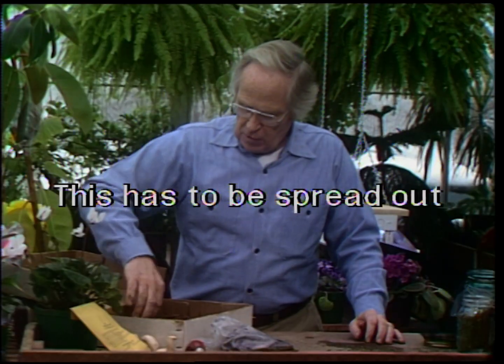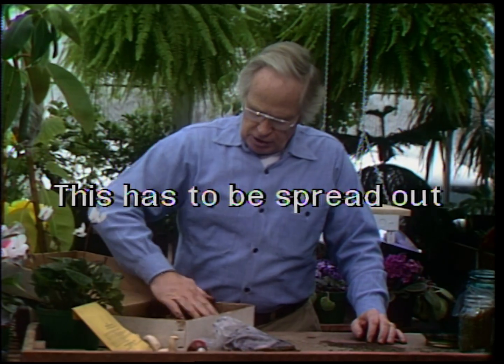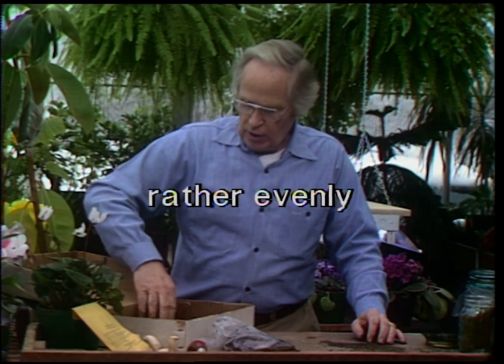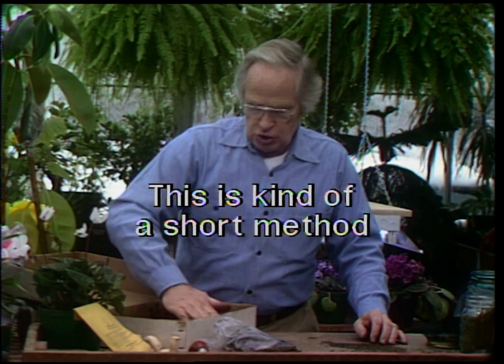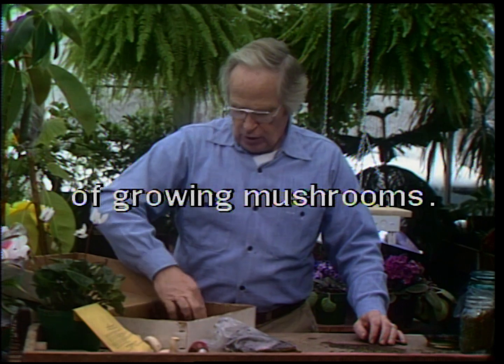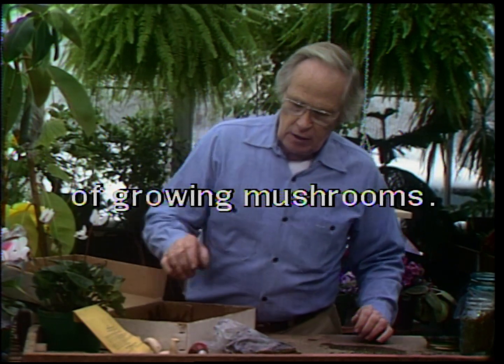It has lost much of its structure. This has to be spread out rather evenly, a couple of inches deep in this instance. This is kind of a shortcut method of growing mushrooms. And then they have